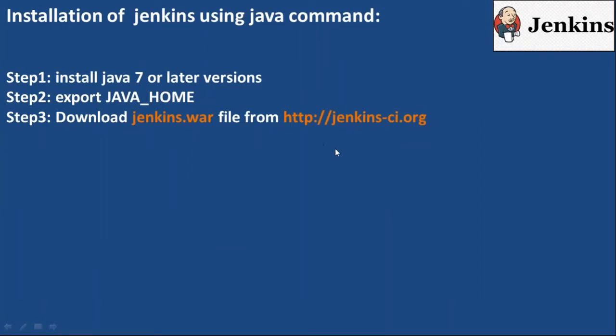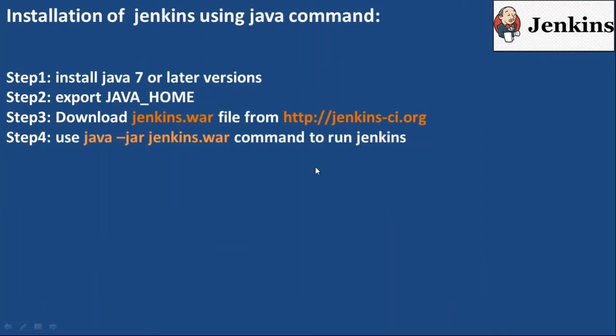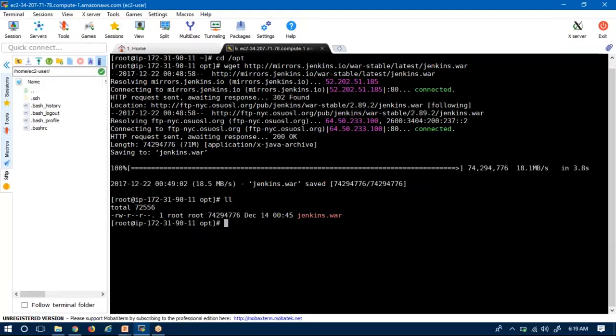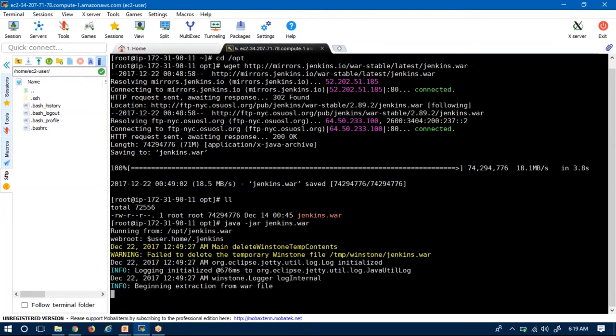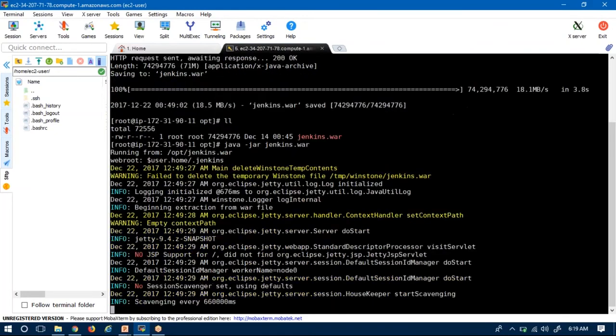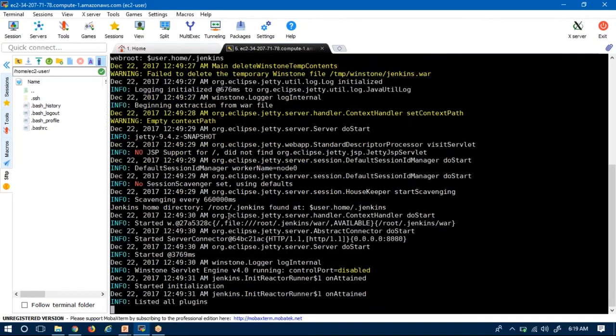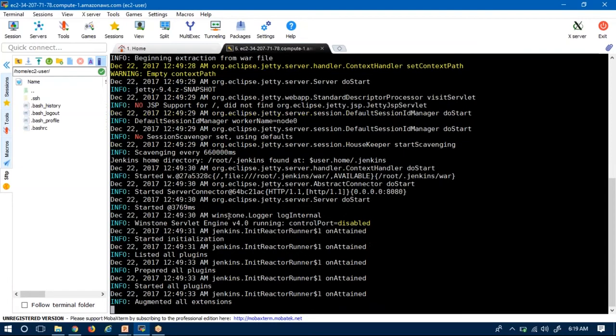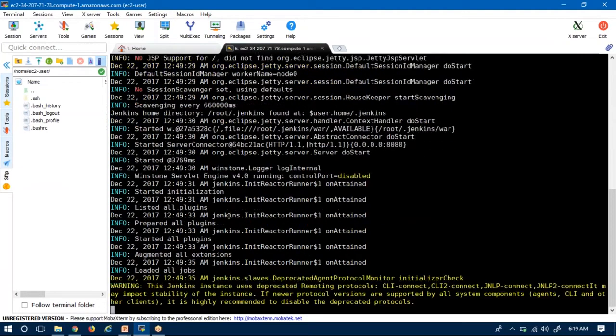Then what is our next step? You need to run the command java -jar jenkins.war. Let me run that. See, it's running. See the log.